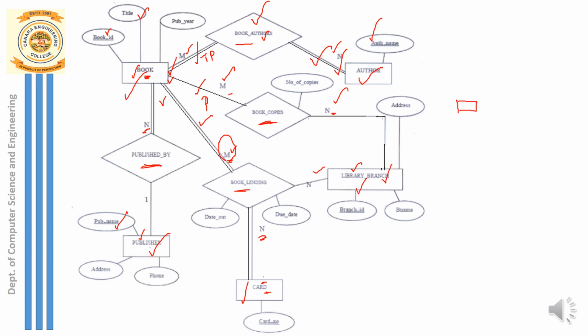What about the publishing relationship? A book is published by a publisher, right? So all the books should have one or the other publisher. So all the books should participate totally in the relationship published. What about from the publisher side? Bosco's or BSN are standard publications which have one or the other books published. But there will be some local publishers who may not have any books to publish. In such a case we can take the publisher as partial participation. So there can be a publisher who has not published any books. That is why I have taken the participation constraint from the publisher side as partial.